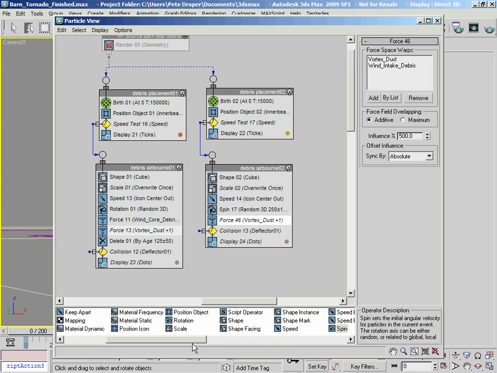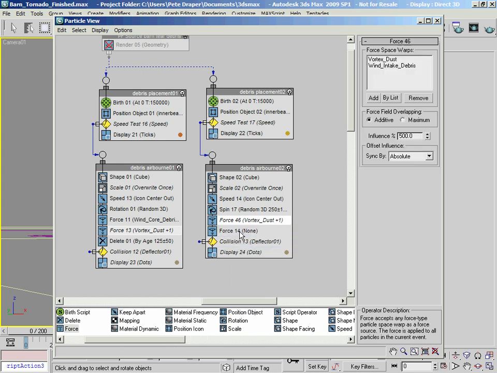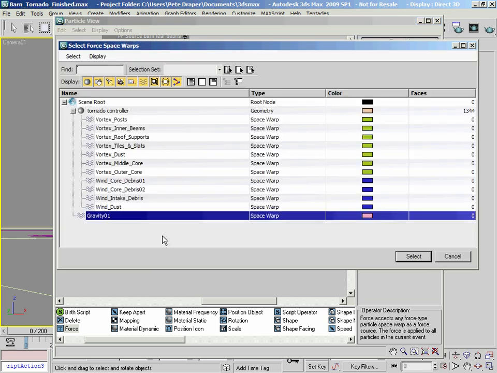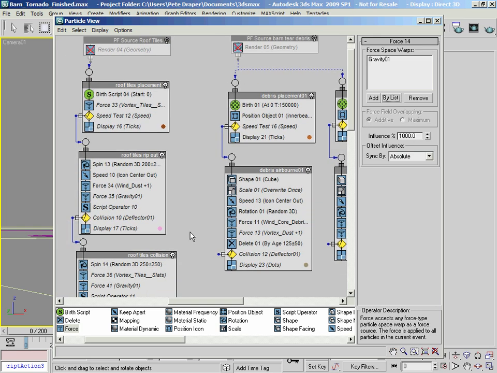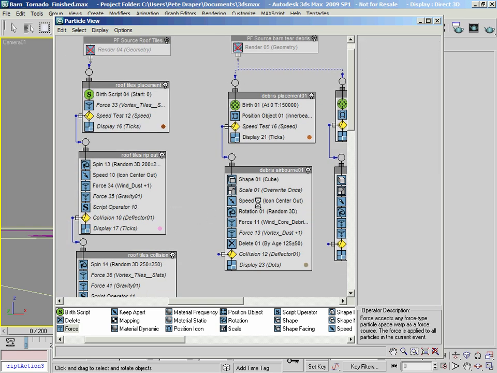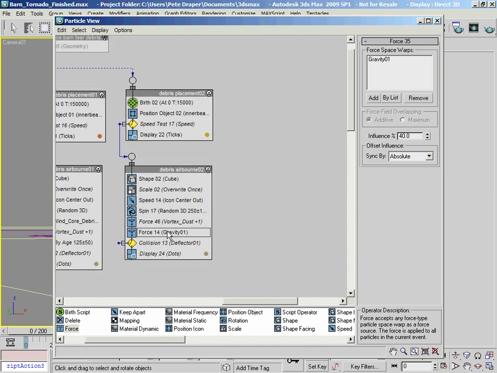So I'm just going to drop in a force operator in there and add in the gravity here. Obviously I need the value quite low in comparison with some of the gravity we've set up previously. So I think the last one we actually set was a value of 40 in here, if memory serves. Yeah, so this one, let's drop that even further down. Let's say that's got an influence value of 10, so it's obviously not a lot at all.